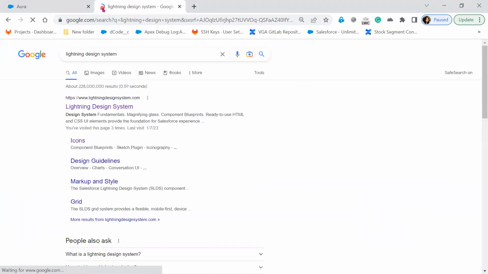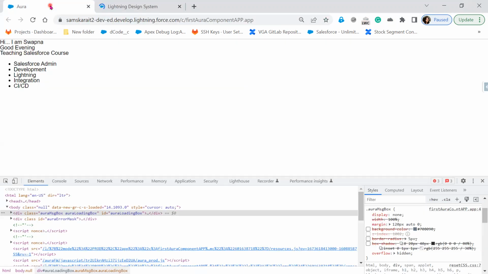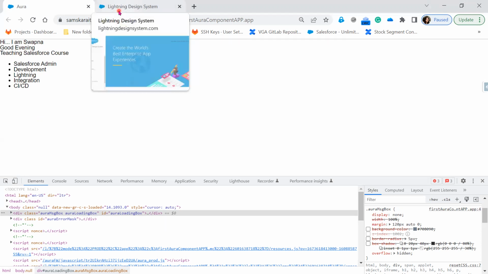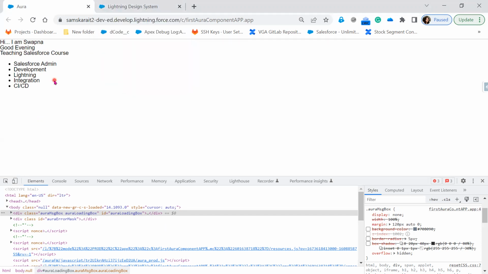I wanted to apply the Salesforce Lightning Design System. That means while executing this application, I want to force the application to apply the Lightning Design System. If I have to force that